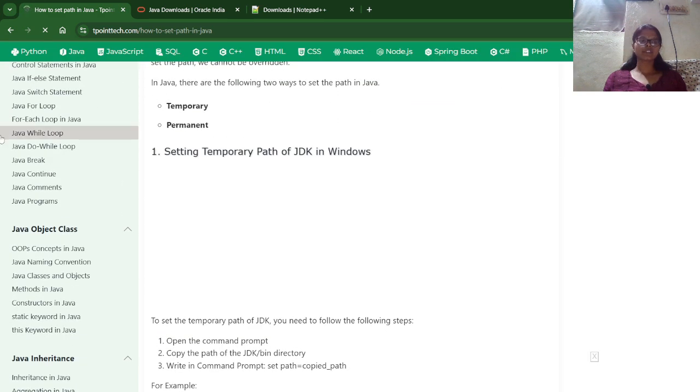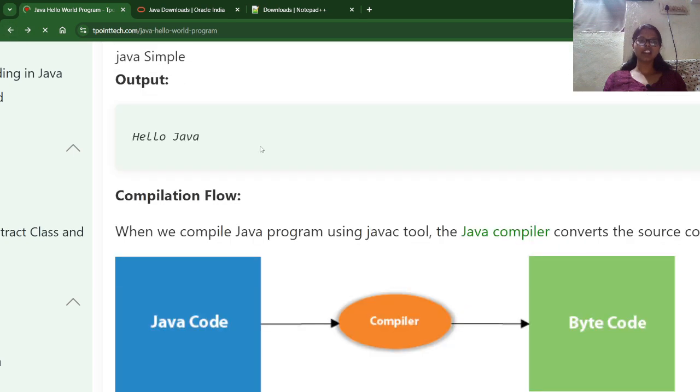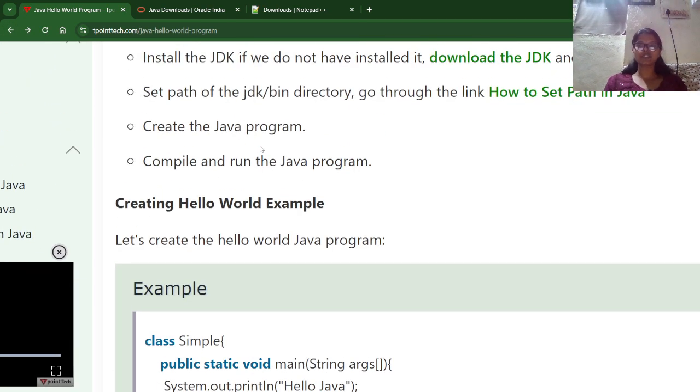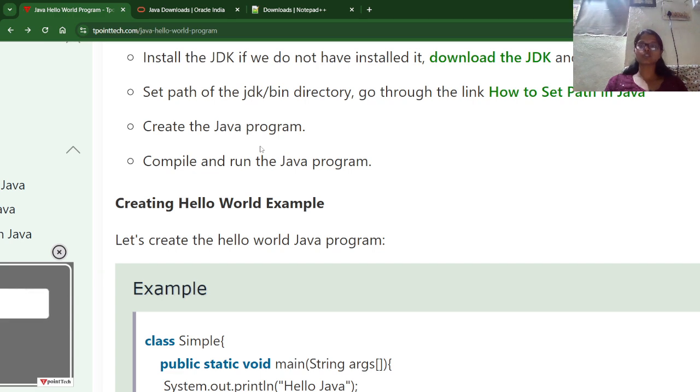So first step, we need to install the JDK. After installation, extract that file and check whether it is successfully installed or not through CMD. Just enter javac. If it displays all the libraries, that means it is successfully installed. If it displays 'not recognized as an internal or external command', that means your JDK is not installed successfully in your system, or else it is in another location. For that purpose, we need to set the path. For this, go to this link. I am not mentioning how to set the path here.